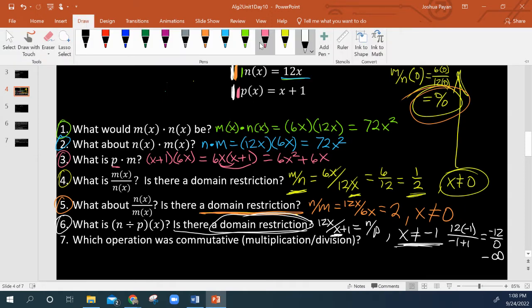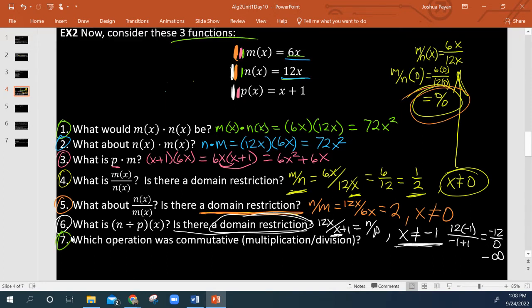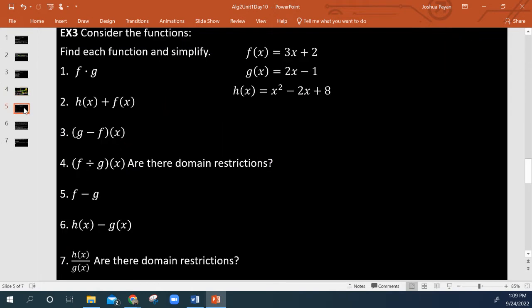Okay, and our last one, and I am completely out of colors to use, I'll just cycle back to green. Which operation was commutative? So obviously, multiplication of the functions was commutative, right? When we multiplied both times, we got 72x squared. When we did division, m over n was not equal to n over m, right? So the commutative property only went to multiplication. And we'll see that it also applies to addition